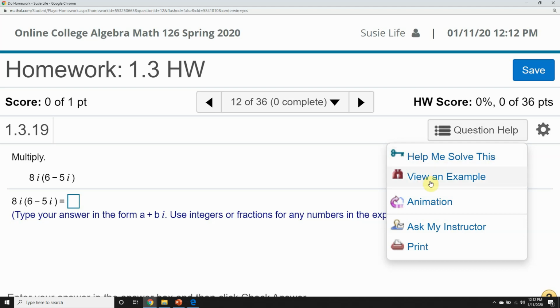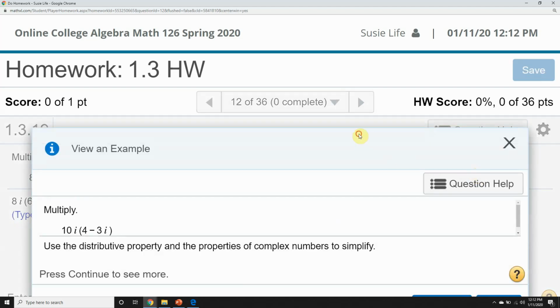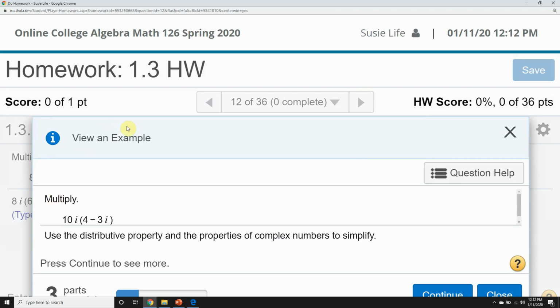Instead of doing this, a lot of students opt to view an example. This option generates a new problem that's similar to the one that you're working on, but with different numbers. So you can see the solution process step by step, but then when you leave the view an example, you can jump back and complete the problem that you're supposed to be doing. So I'll click on this one just so you can see what I'm talking about, right? So the view an